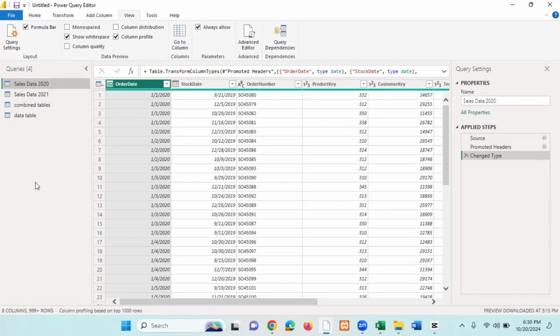Once you do that, save it in Power BI and send it to the Power BI platform